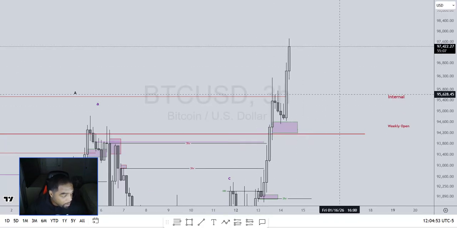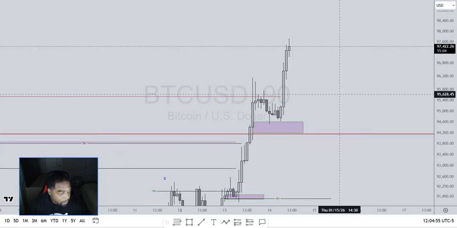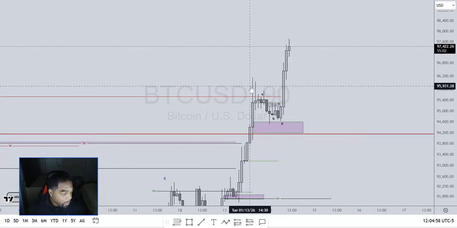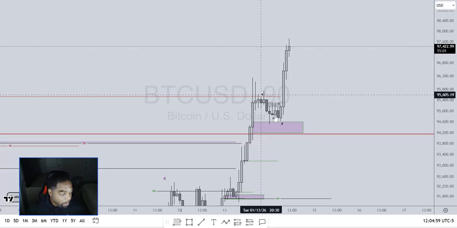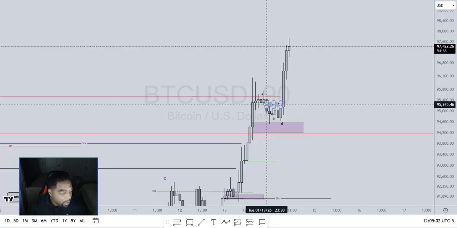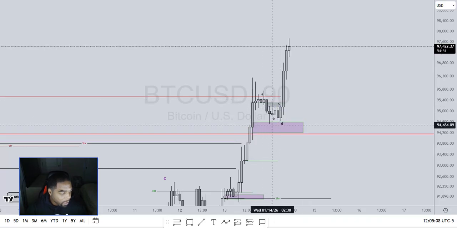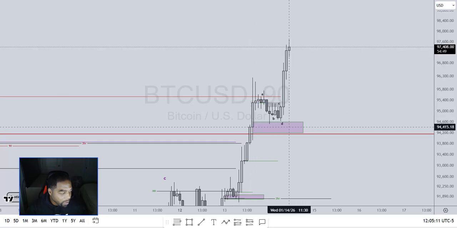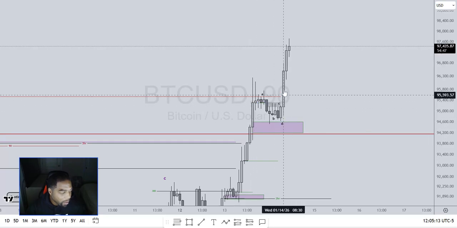Internal retracement, continuation. Again, we know that that bearish price action was a retracement, so we read the retracement. Structured retracement, A, B, C, D, came right into the snipe zone of that 3-hour internal retracement,